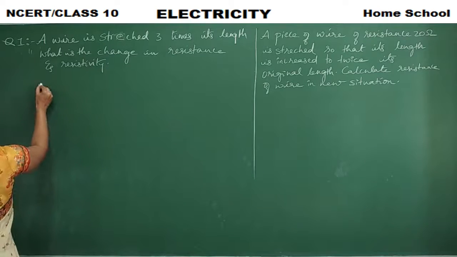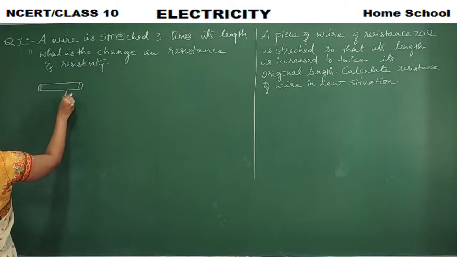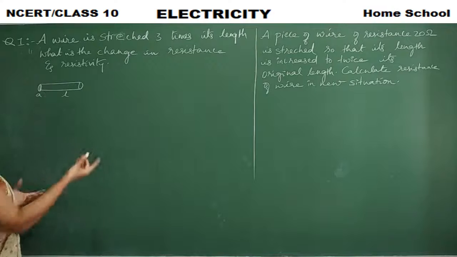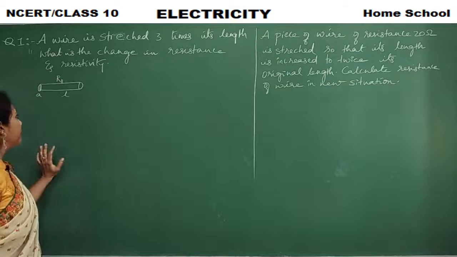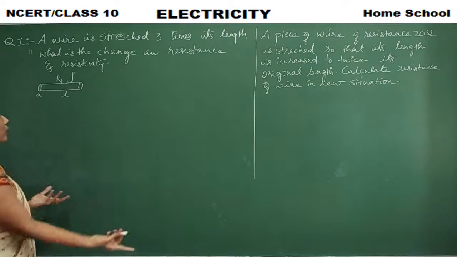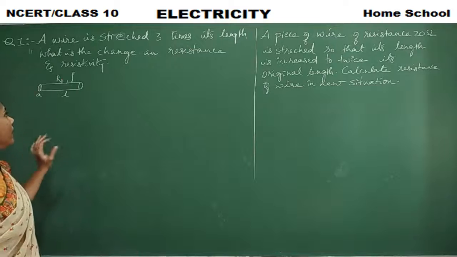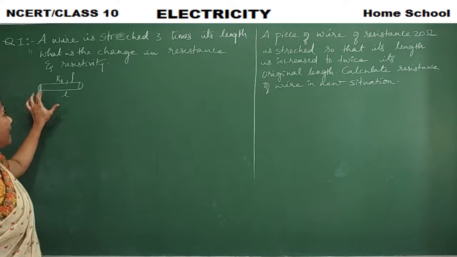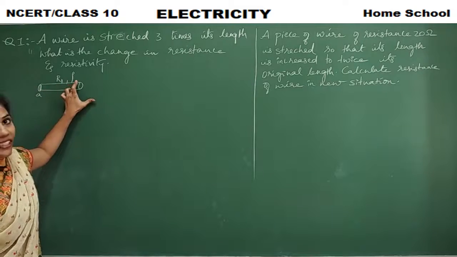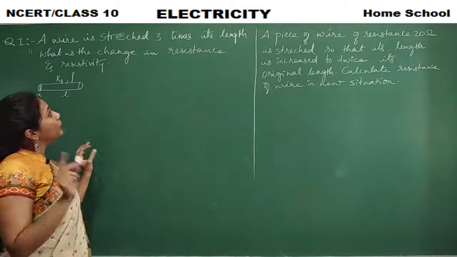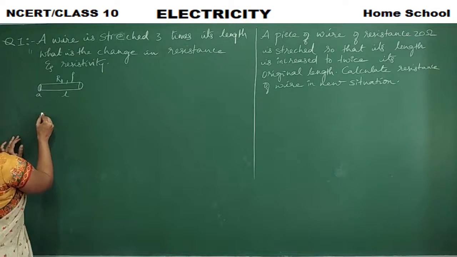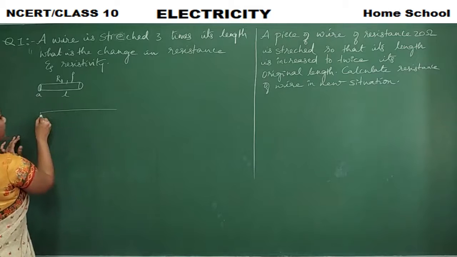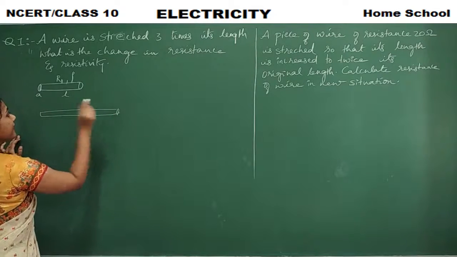Say you have a wire. Initially, you have some wire, right? This wire has a certain length L and a certain area of cross section A, and it has a resistance, let me take R1, and it has a resistivity rho, right? So this is a small wire which has a length L, area A, resistance R1 and a resistivity rho. Now what we are doing is stretching that wire 3 times. The same wire I am stretching 3 times. I increased its length 3 times.